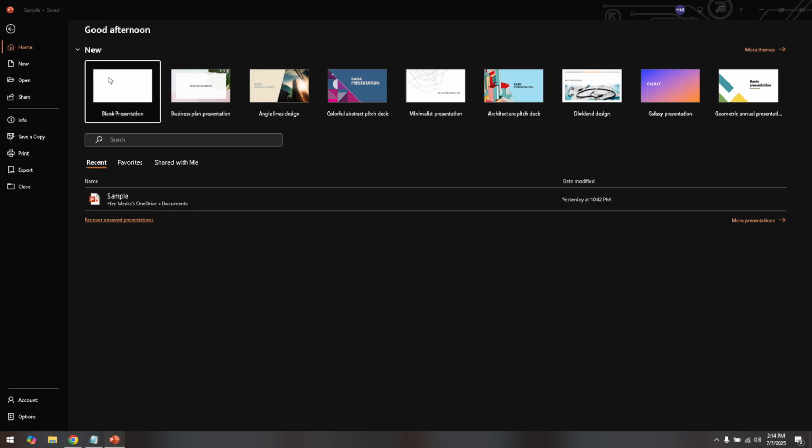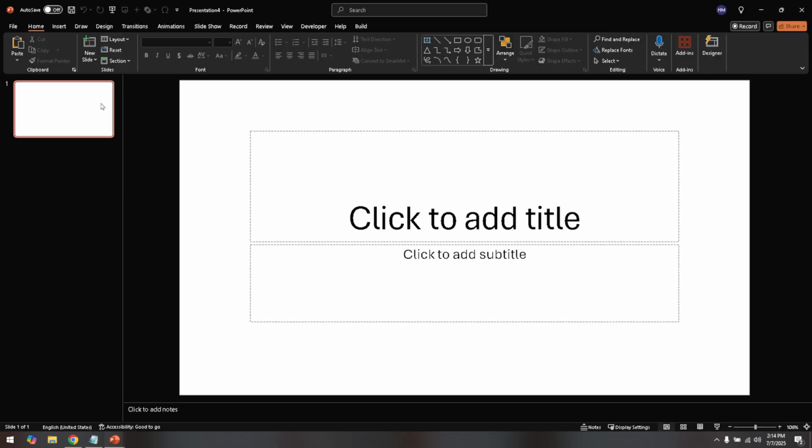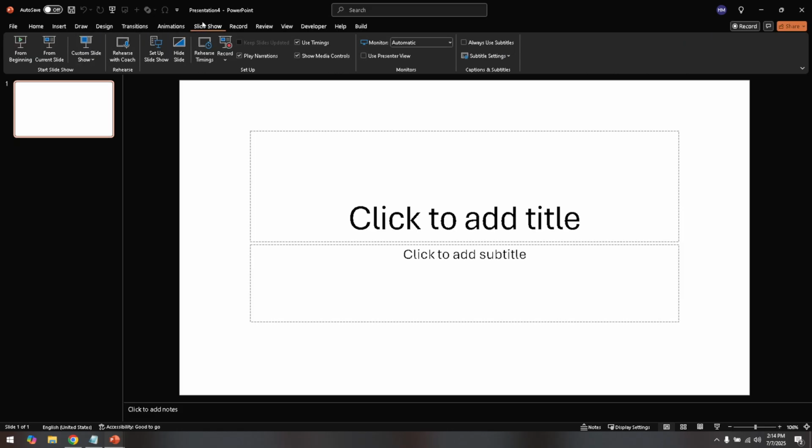Once there, look for the option named Slide Size. It might be in the upper right corner, so keep your eyes peeled for that button. Upon clicking it, you'll see a drop-down menu. Go ahead and choose Custom Slide Size from that menu. In the dialog box that appears, you'll need to adjust the width and height of your slide to perfectly fit